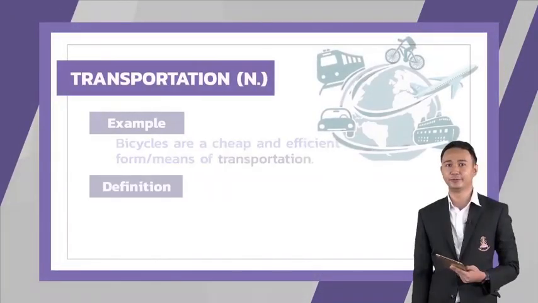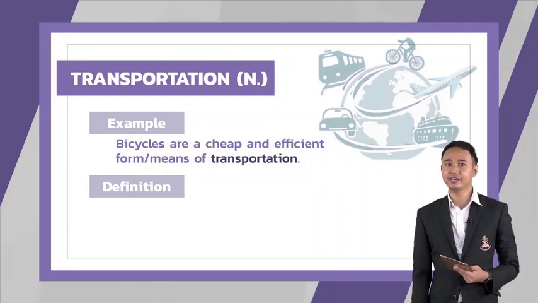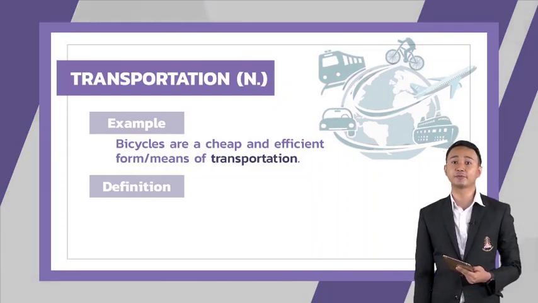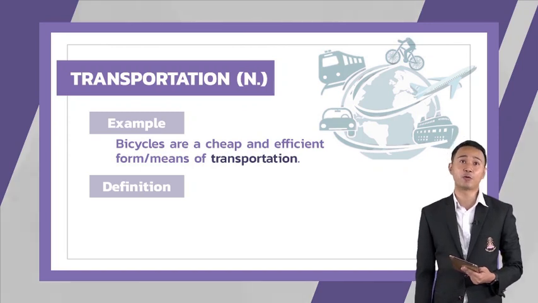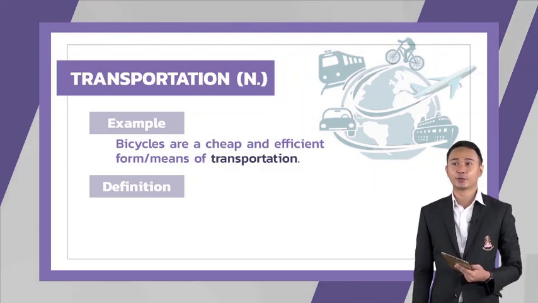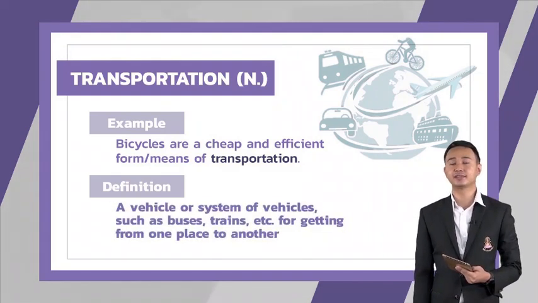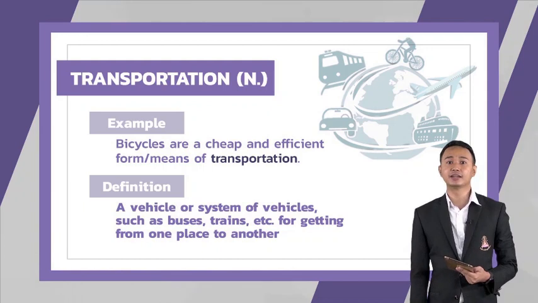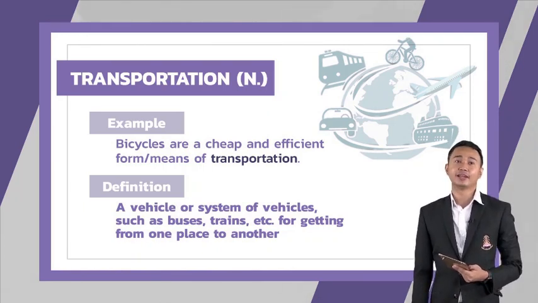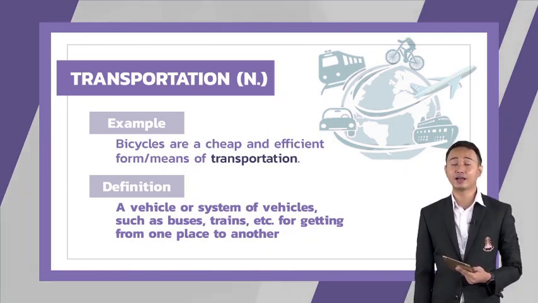Next, transportation. For example, bicycles are a cheap and efficient means of transportation. นักเรียนลองพอเดาความหมายได้ไหมครับ transportation ช่วงนี้เราได้ยินคำนี้บ่อยนะฮะ ความหมายของมันก็คือ a vehicle or system of vehicles such as buses, trains, etc. for getting from one place to another. หรือหมายถึงการขนส่งนั่นเอง ถ้าเป็นการขนส่งสาธารณะเราจะใช้คำว่า public transportation ต่อไปครับ